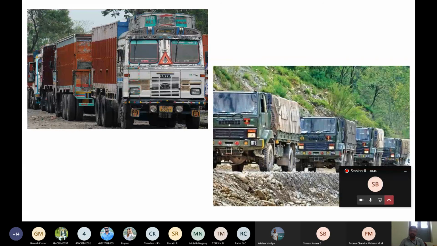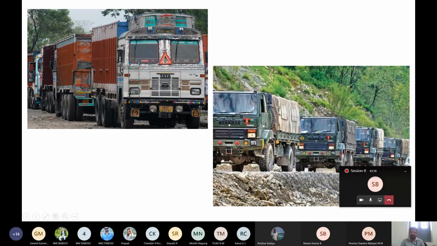Do you think the factors need to be considered? The functional requirement for both cases is the same: these are load carrying vehicles, trucks. Which type of trucks are these? You can see two different types of trucks. What is the purpose of these trucks? Where are they used?